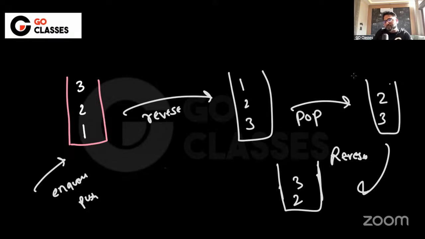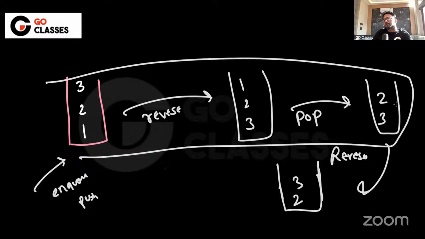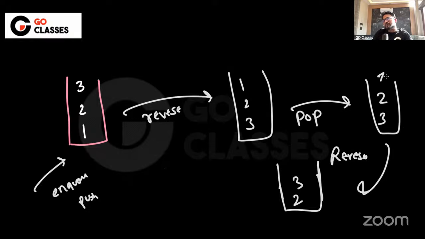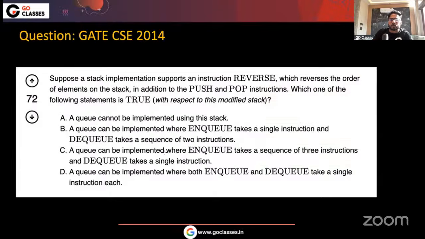Because if you leave this as it is here, okay, your one is fine. But then what will happen if you DQ again? See, if this is the code for DQ, reverse and pop, then reverse and pop again will actually DQ 3. Or similarly, if you NQ, let's suppose you NQ 4, then there will be a mix and match or something like this, right? So you have to keep this reverse. So NQ could be just one operation, but DQ is three operations.